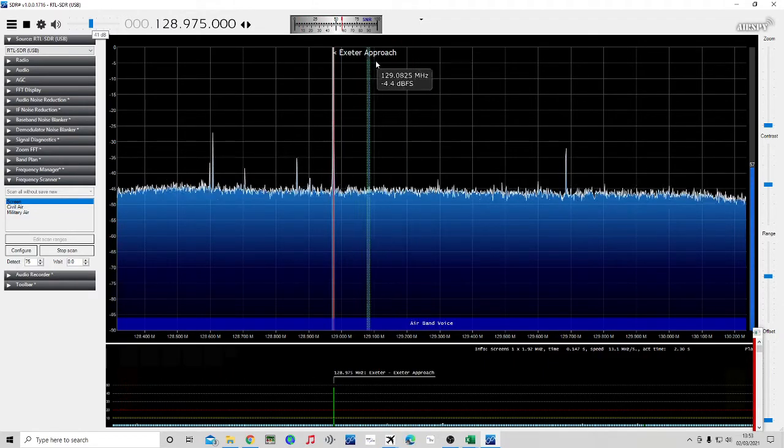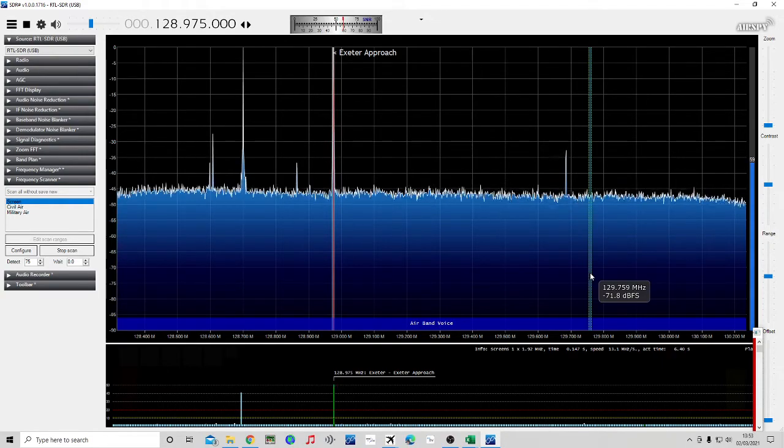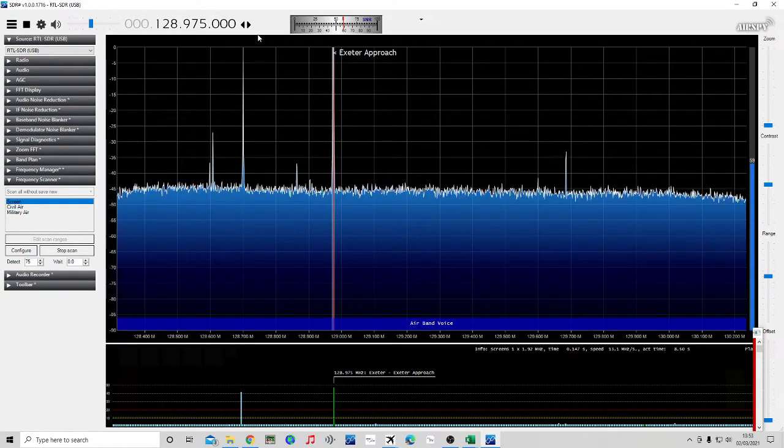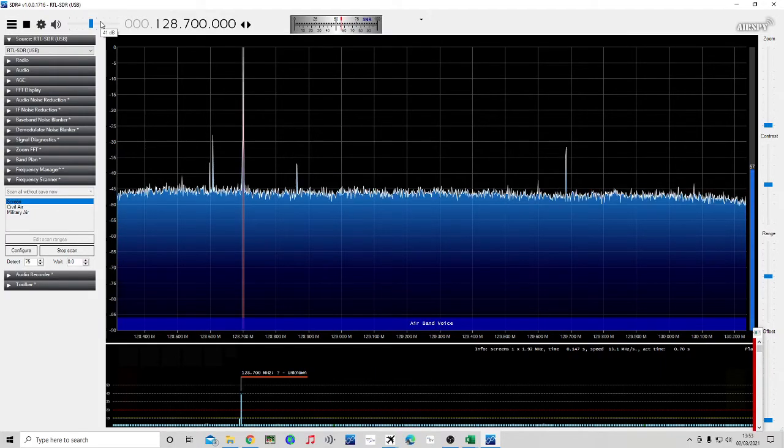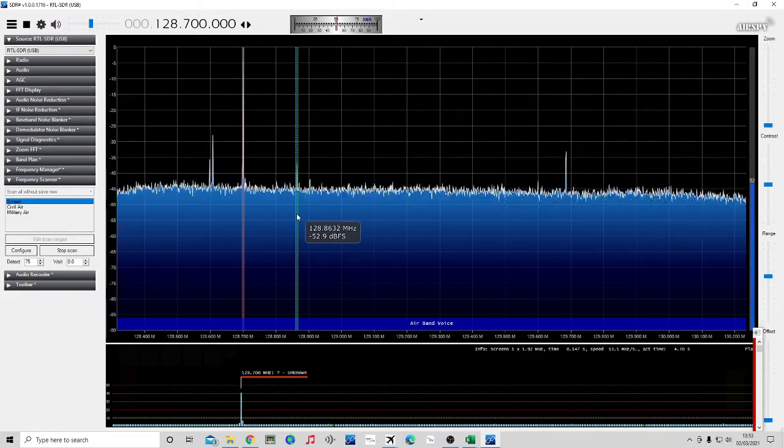Oh, there we go. Exeter approach. Maintaining flight level 70, information hotel 1028, ready for training instructions. Joint control extra airspace, on track Dickers, climbing flight level 240, squawking 7655,